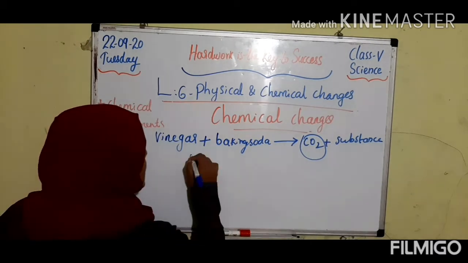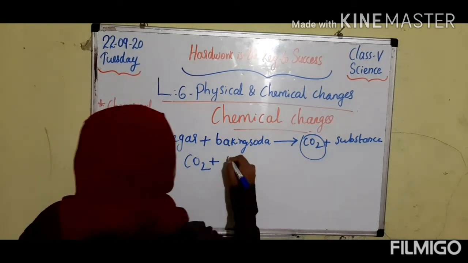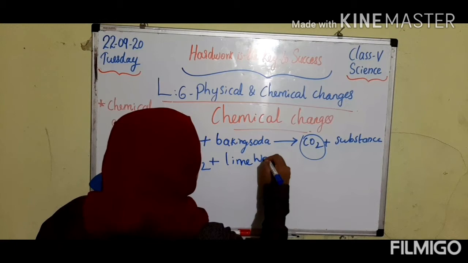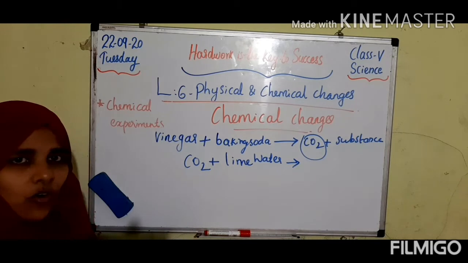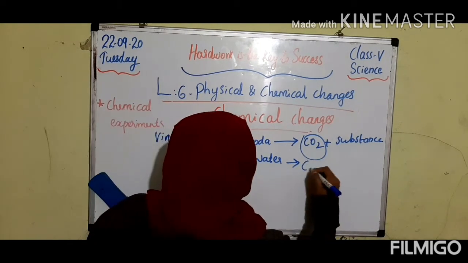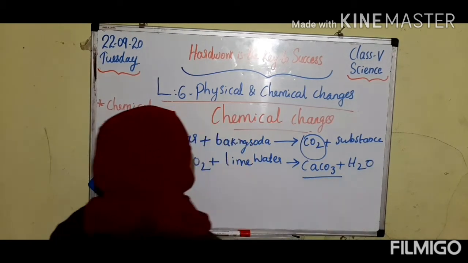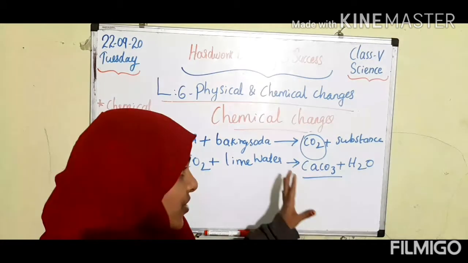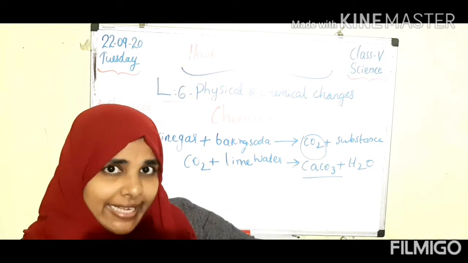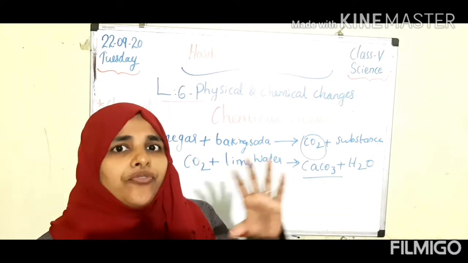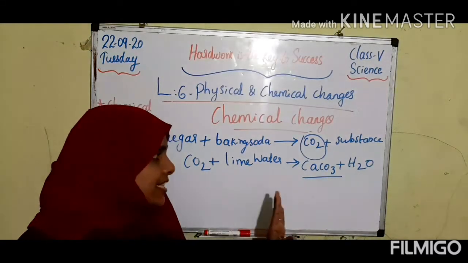And after that, we pass this carbon dioxide into freshly prepared lime water. Lime water is calcium hydroxide, right? And when this carbon dioxide is passed into the lime water, what will form, children? Calcium carbonate and water are formed. So here a new substance is also formed. In this reaction we can observe that the lime water turns milky, right? It is actually the standard test for carbon dioxide. When lime water turns milky, that is the standard test of what?